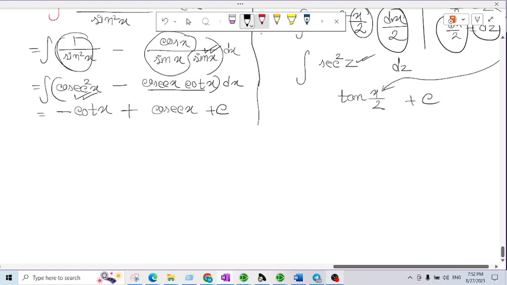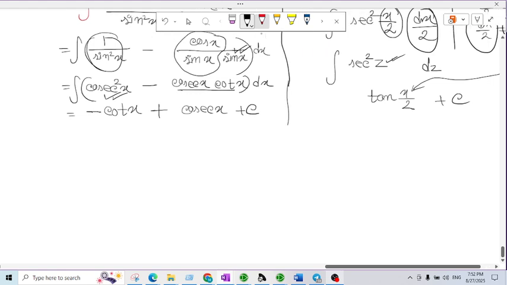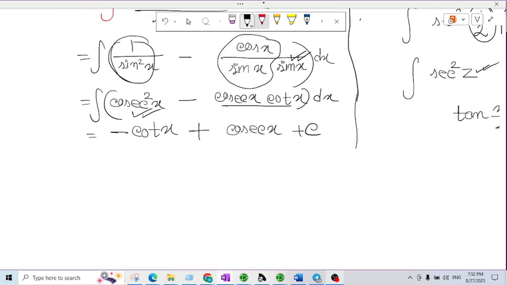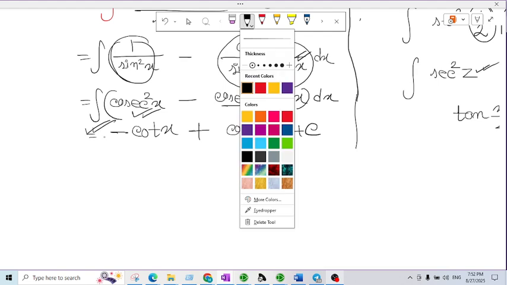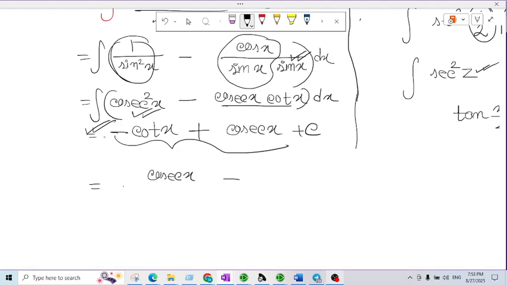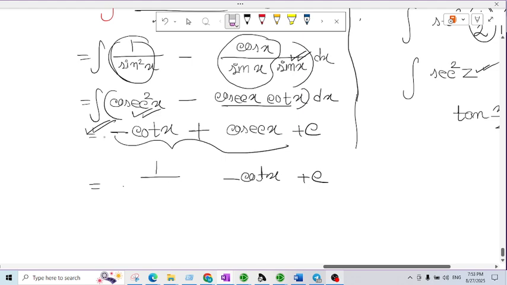So we have two forms of answer, but eventually we will see now that these two answers are the same. Actually they are in different forms, but they are actually the same. Okay, let's modify the first answer. Let's modify this and see what happens. So minus cot x, right? So let's write cosec x here and minus cot x here,